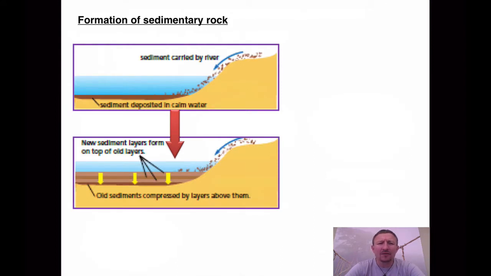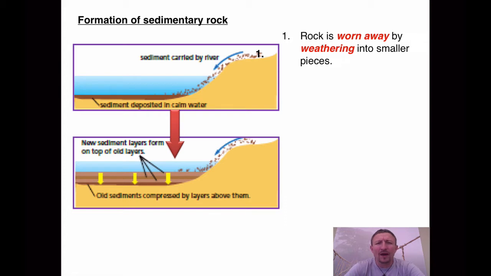Well, basically you've got a variety of different processes occurring in the formation of sedimentary rock. The key thing to understand is it's made of sediment. So sediment is basically rock which has been broken down by a process of weathering. Now obviously we've already been through weathering, where the weather splits the rock into small boulders, then eventually into pebbles and gravel, etc. And from there it's carried down by running water and gravity,